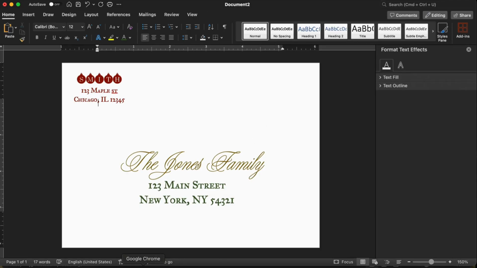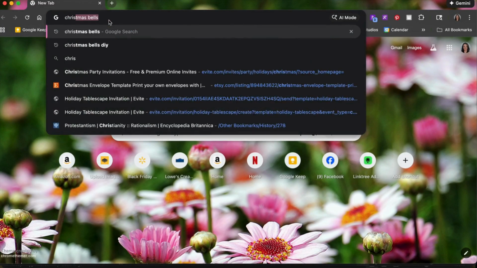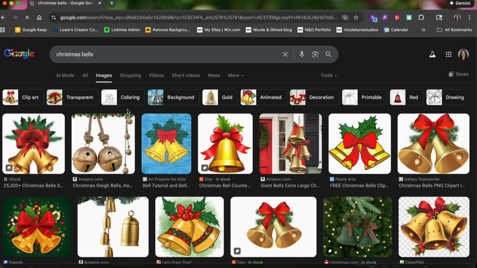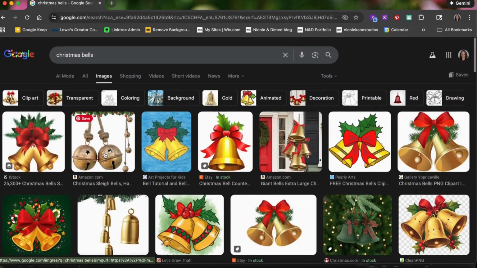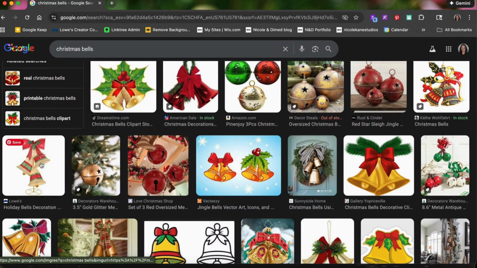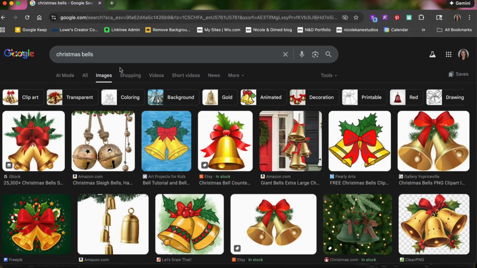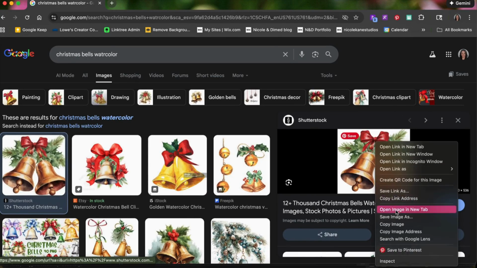What I like to do is put some fun Christmas graphics on it. So I would open up Google and let's do, I don't know, Christmas. Yeah, let's do Christmas bells. Images. Oh, those were actually kind of pretty. Never mind. I thought it was like art. Let's make them look watercolor. Oh, beautiful. Okay. So what I would do here is I copy it,